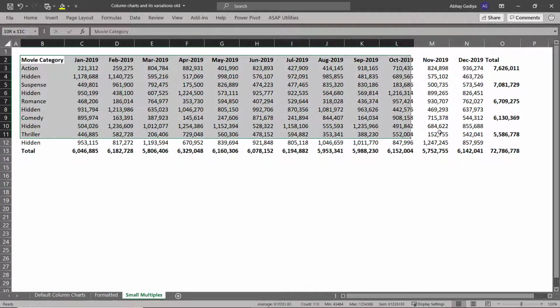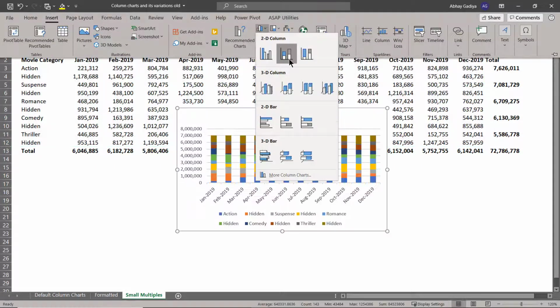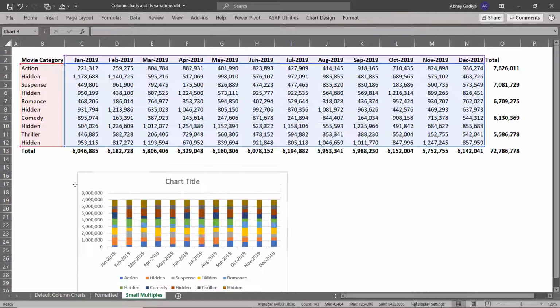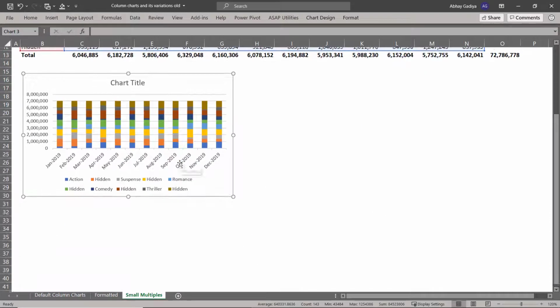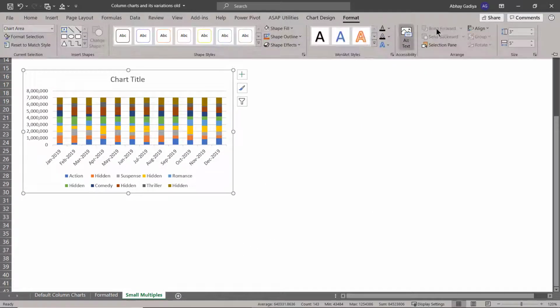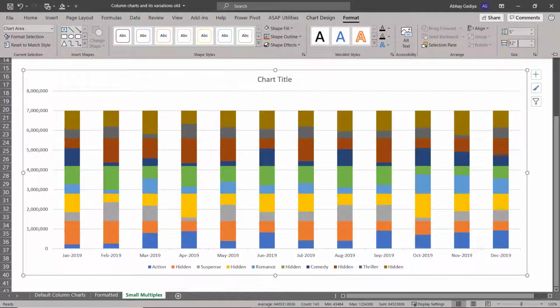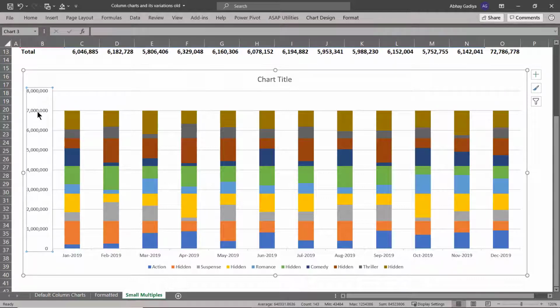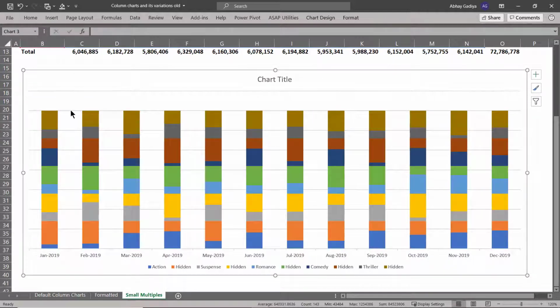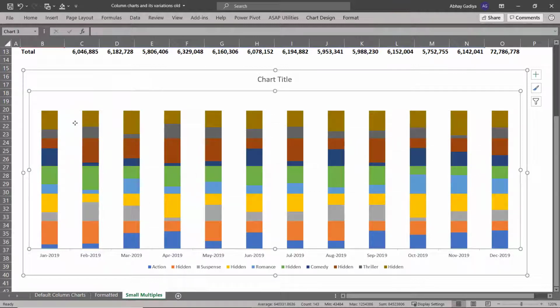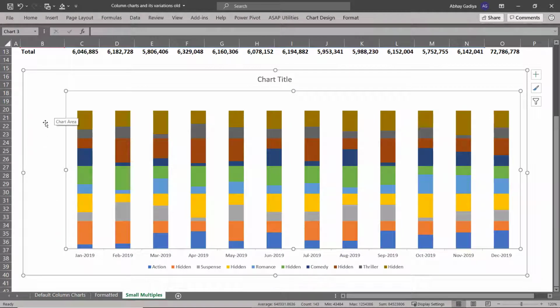Next step, simply select this entire dataset excluding the total rows. Then go to Insert, simply select Stack Column Chart. Let me move this chart, and now let us quickly start formatting it. First thing, let us increase the height and let us increase the width to 12. So this looks proper. So let me remove this. I don't want this excess. This also I don't want. Let me remove them. Let me decrease this so that I have a space for our data labels.